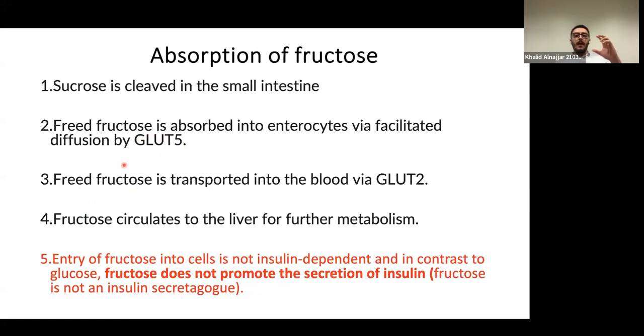Okay, and then from the enterocytes to the blood, in order to arrive to the liver, through GLUT2. All right. This sentence here, basically,